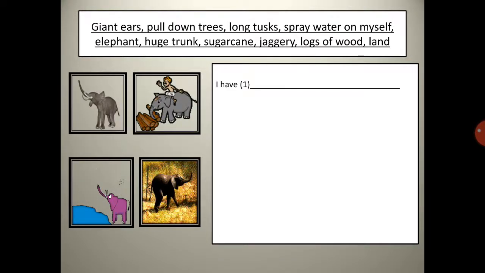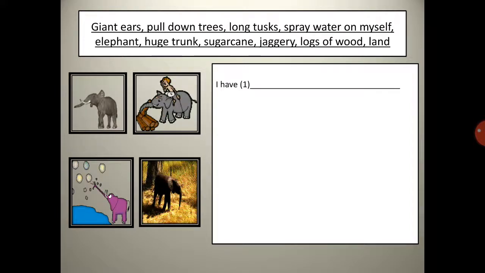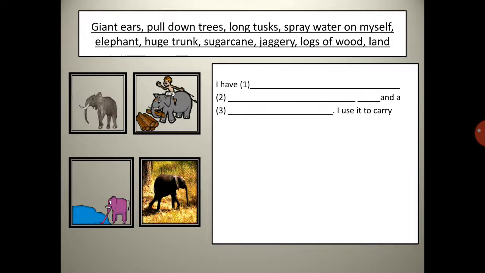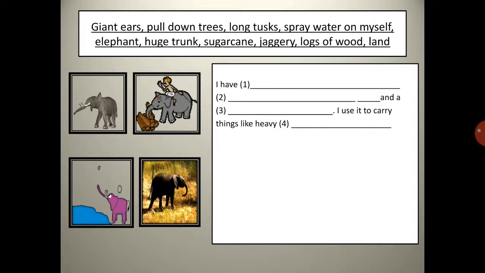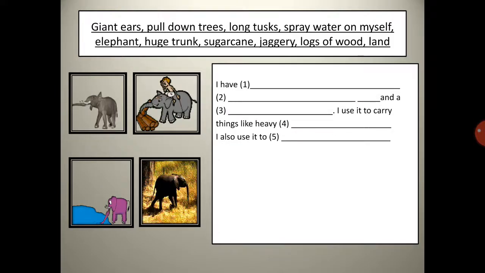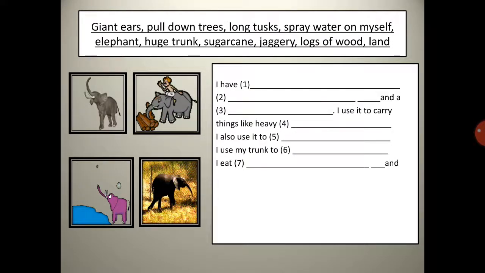I think everybody has seen it also. Yes, I have also seen it. Do you know which animal this is? Yes, it is an elephant. Very good. So, today we will learn some things about the elephant.